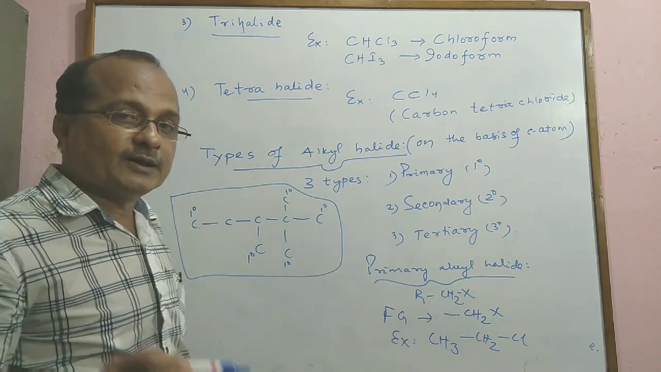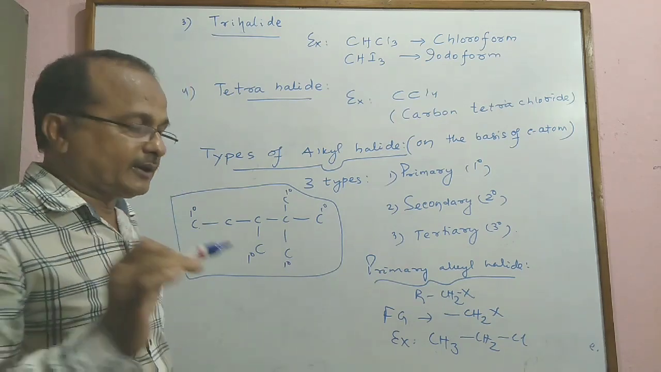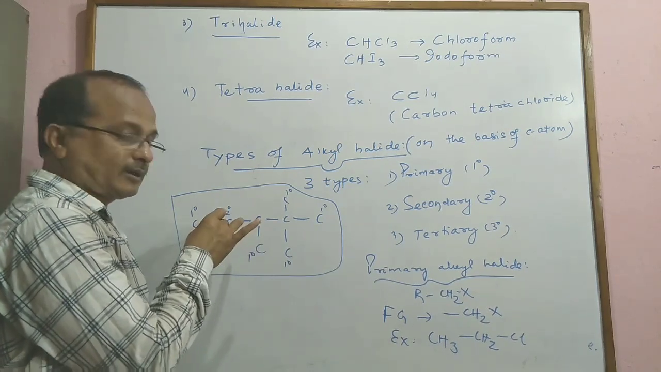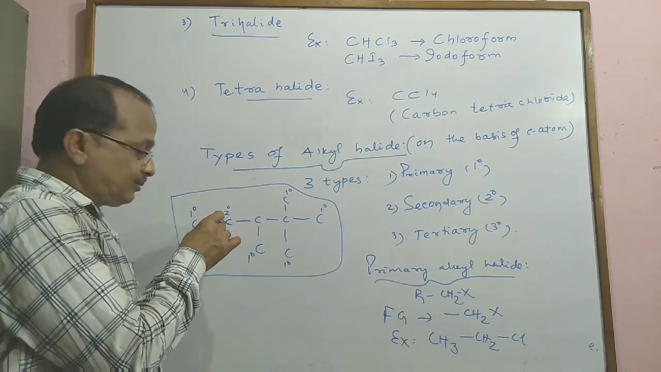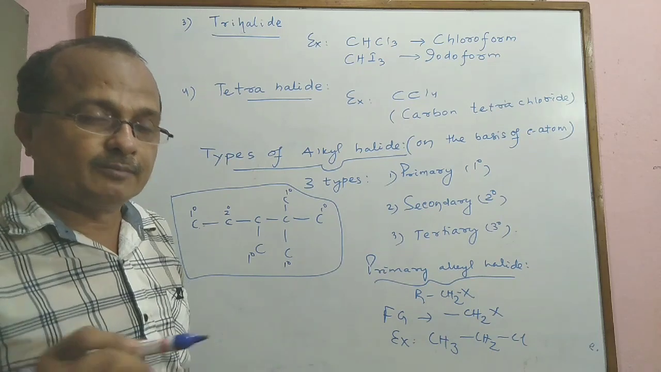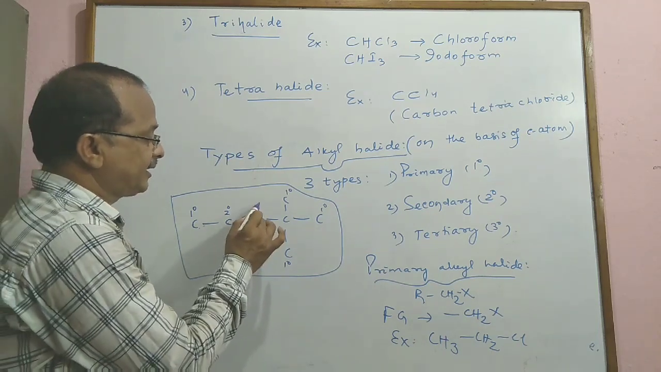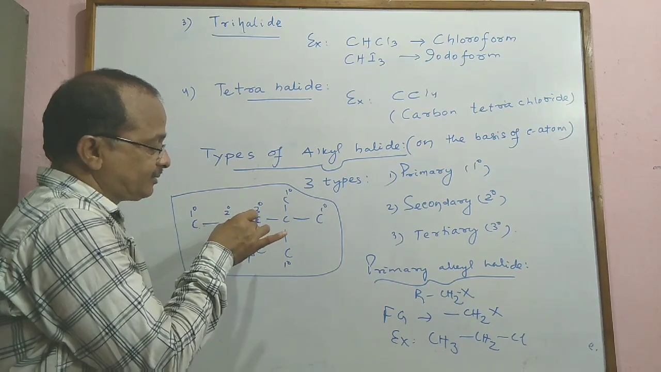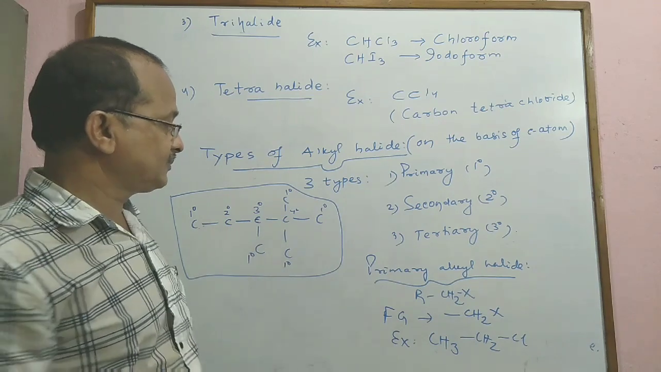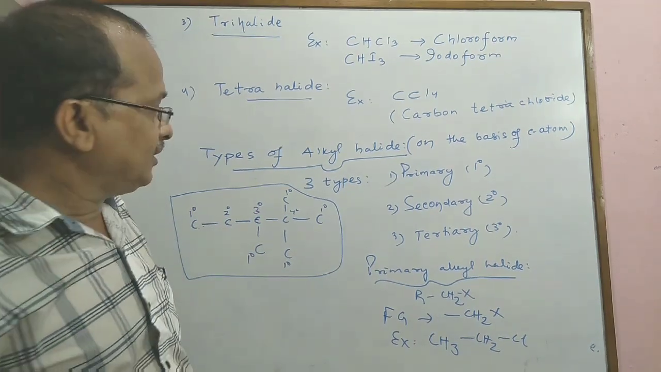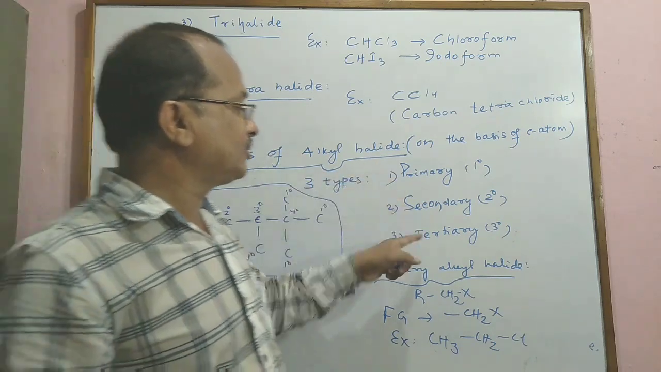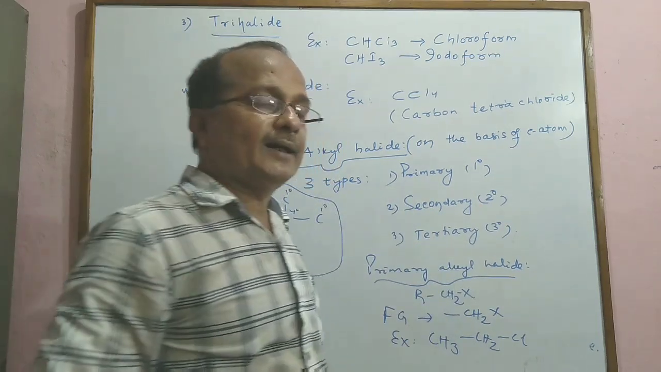Next one is the secondary carbon atom, that carbon atom to which two other carbon atoms are attached. You see, this is the 2 degree carbon atom. To this carbon, two carbon atoms are attached. Next, the 3 degree or tertiary carbon atom. You see, this is the tertiary carbon atom, because it is attached with three other carbon atoms. And this is the 4 degree carbon atom, quaternary carbon atom. So on this basis of type of carbon atoms, alkyl halide is again divided into 3 types: